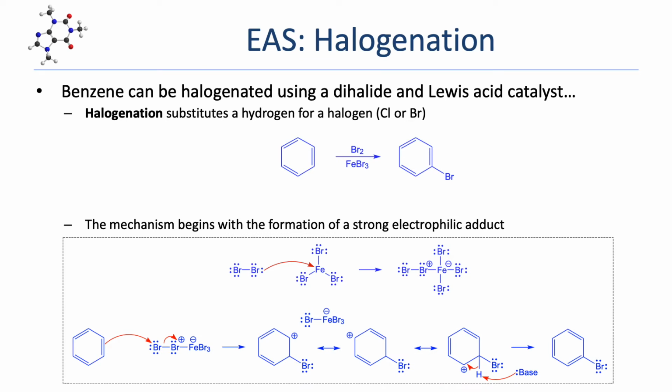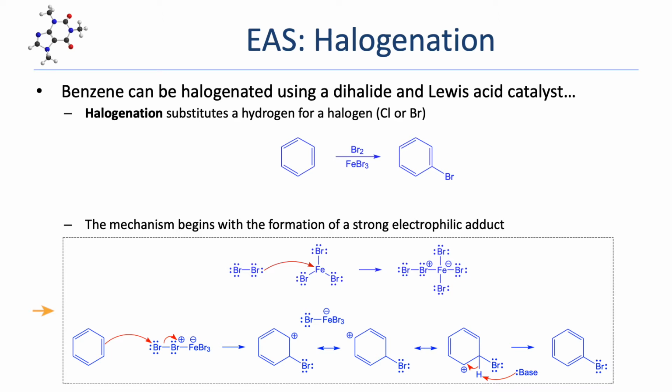The first electrophilic aromatic substitution we're going to explore is EAS halogenation. The reaction substitutes a hydrogen on benzene for a halogen, typically bromine or chlorine. As you can see in the example, the reaction requires one equivalent of a dihalide and a Lewis acid catalyst, usually iron bromide or iron chloride. If we look at the mechanism, we see that the actual EAS reaction is preceded by the formation of a strong electrophilic adduct. In fact, all EAS reactions begin with the formation of some powerful electrophile that sets up the